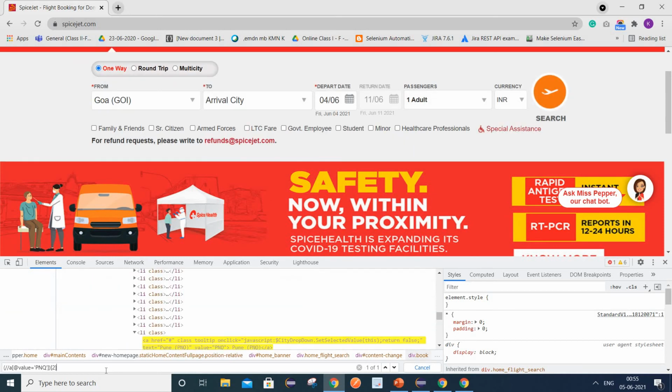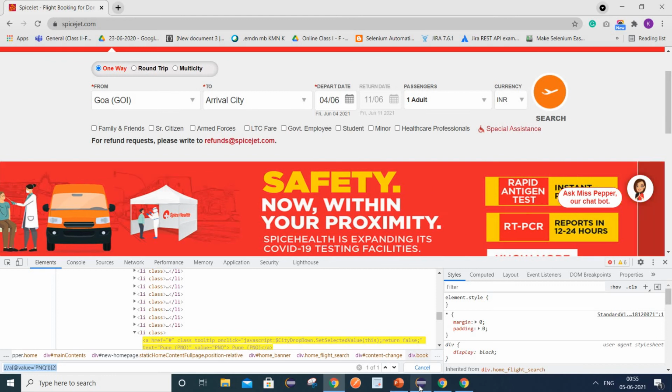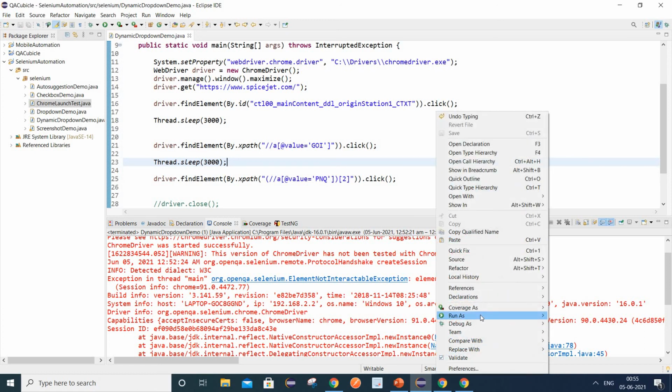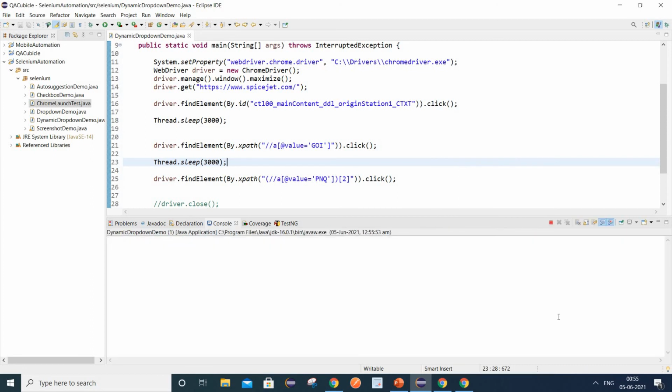Now you can see it is highlighting only one element here. So let's simply put it here, and let's execute this program again and see what happens. Simply right click and run as Java application.